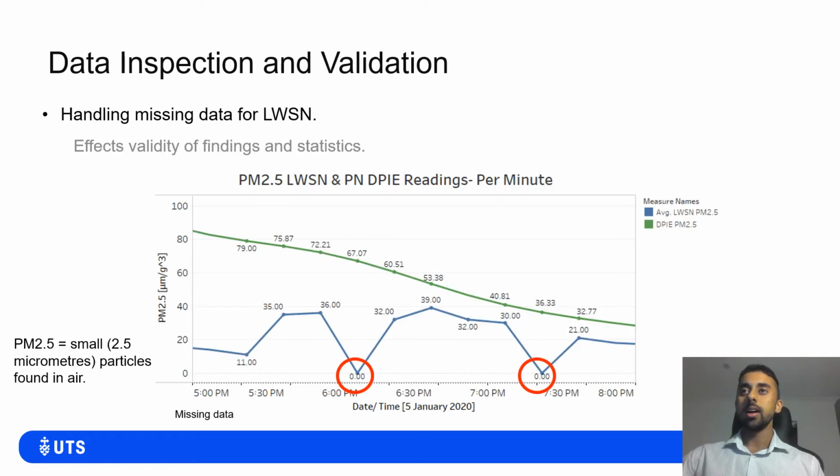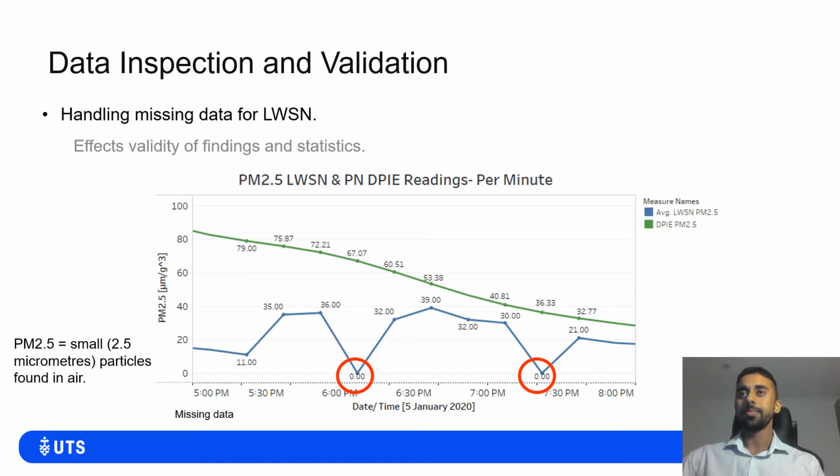Next is cleaning the dataset. With LWSN, there is often network interference which affects the data, as we can see on the line graph on the screen, showing particle readings from the DPIE station indicated in the green line and the low-cost sensor in blue. We can see that there are two instances of missing data from the raw dataset. Situations such as the following can affect the statistics and provide viewers a false narrative about the air quality data